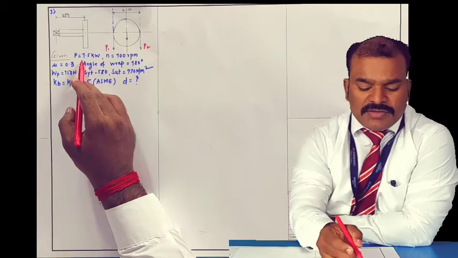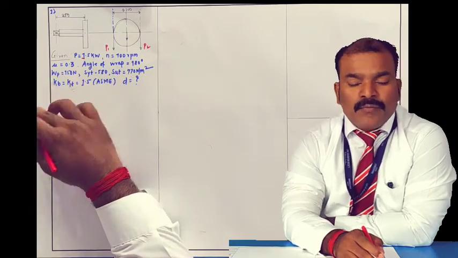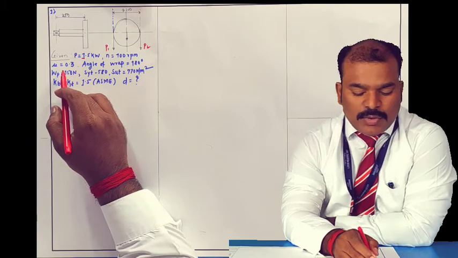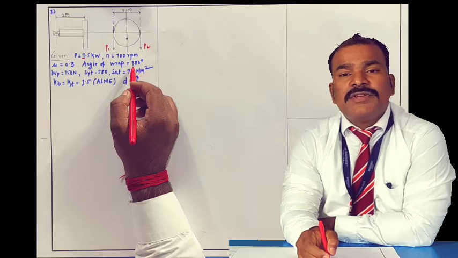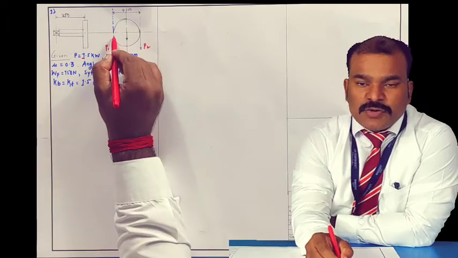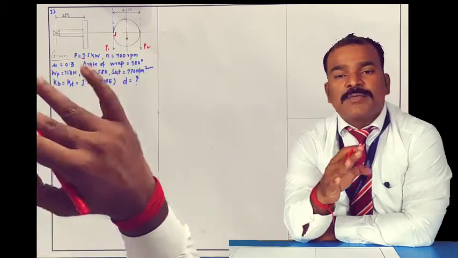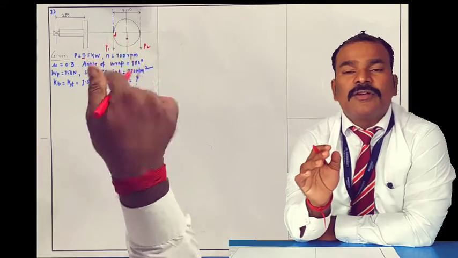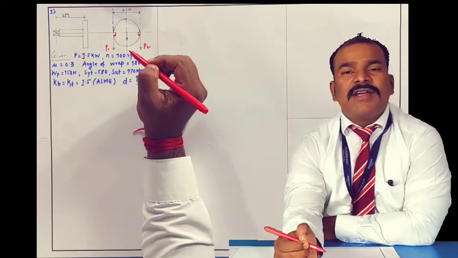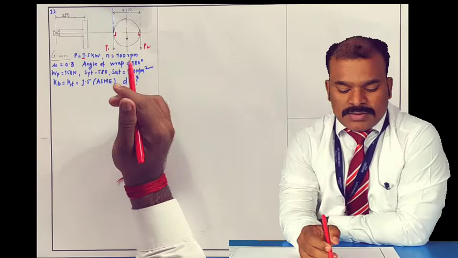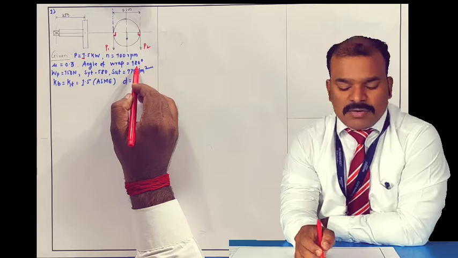They have mentioned the power is 1.5 kilowatt, RPM 100, coefficient of friction between belt and pulley 0.3, angle of wrap 180. I told you angle of wrap means the angle through which the belt moves. See, this is the tension on the tight side, and this angle is 90 degrees. So the belt is moving straight, tangential to the respective pulley diameter. Here also 90 plus 90 is 180, so this we call the angle of wrap. They have mentioned 180, so we are clear that the belt is moving perpendicular.